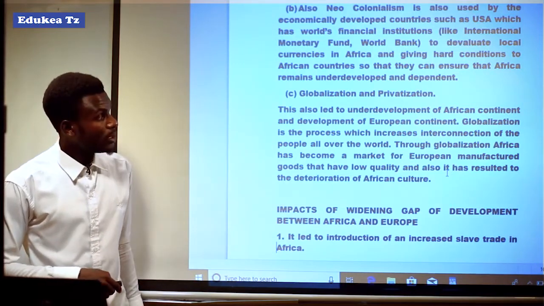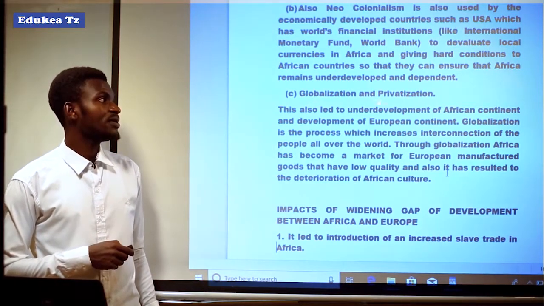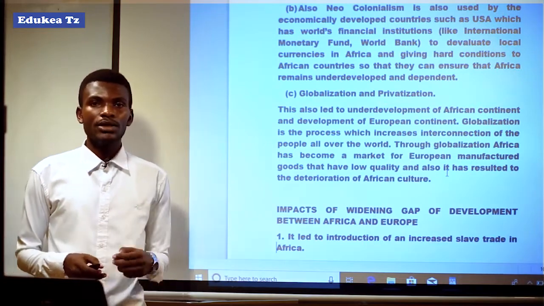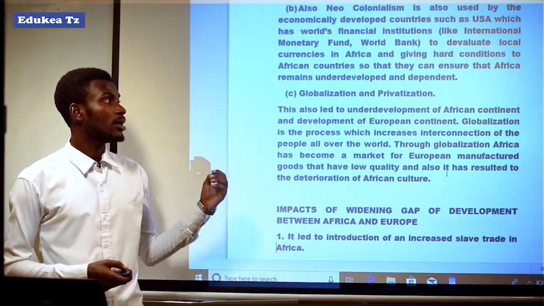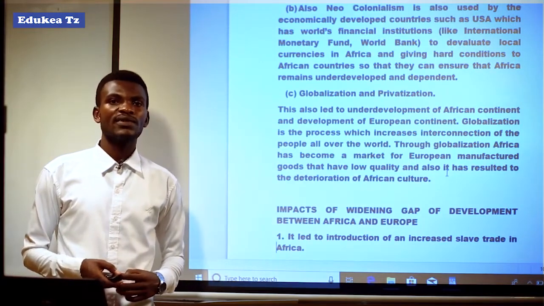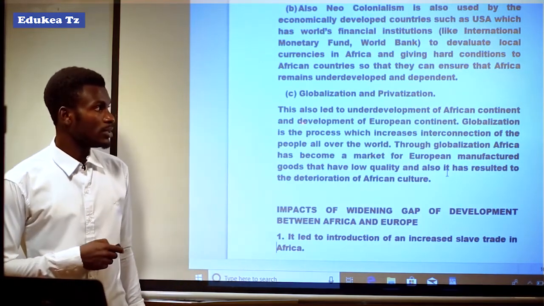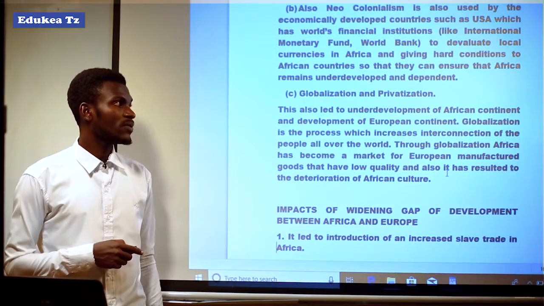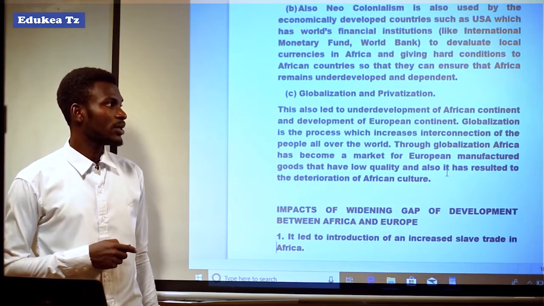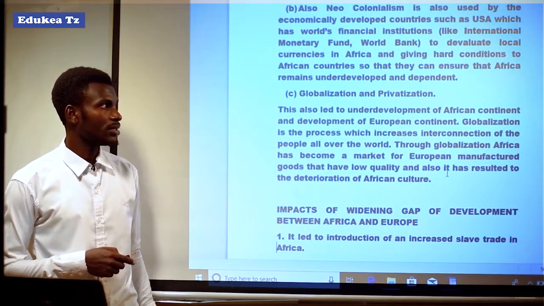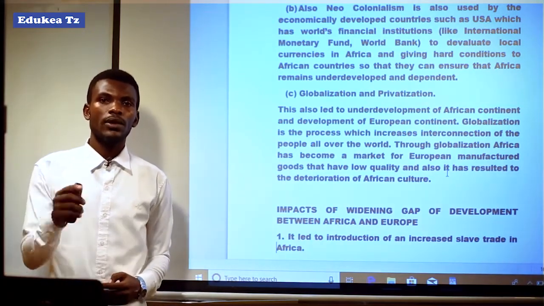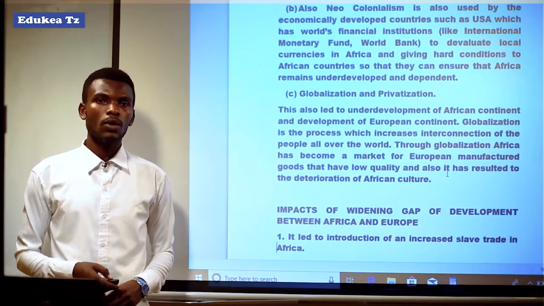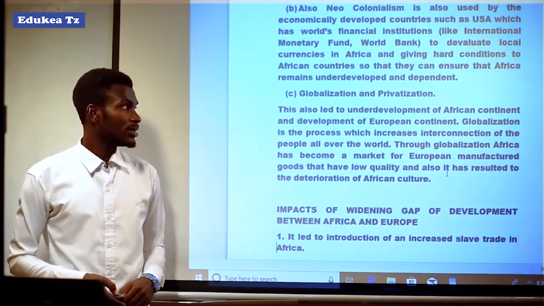And then another one is globalization and privatization. It means that neocolonialism has come with globalization and privatization. This also led to underdevelopment of the African continent and development of the European continent. To mean that globalization and the privatization of public funds to a few people, the capitalists, have